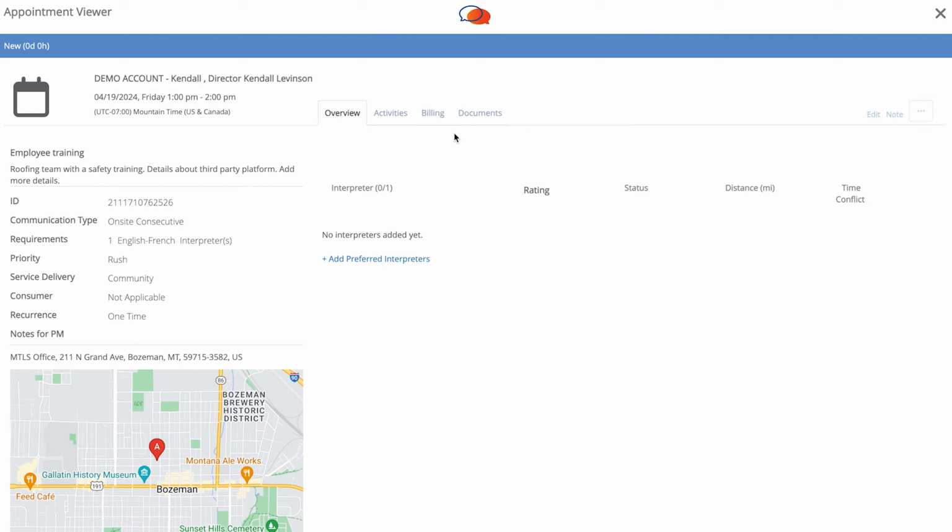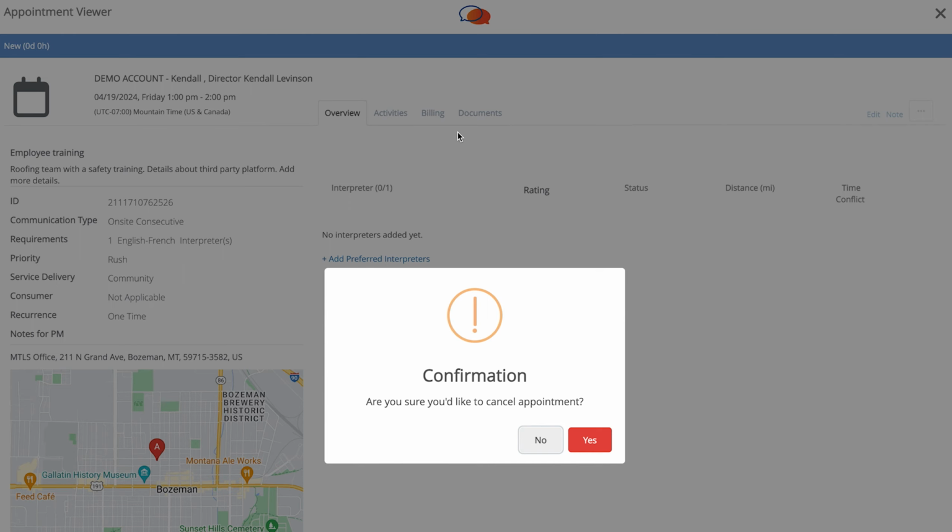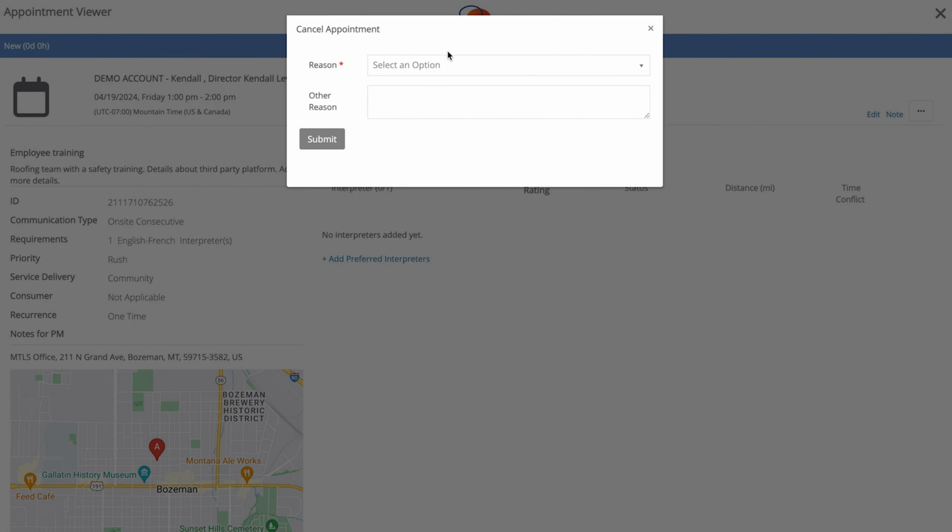Now, we have a cancellation policy available on our website, mtlanguageservices.com/terms and conditions, that you can view. For regular appointments, it's 48 hours. And so within 48 hours, this cancellation confirmation will not be available to you. But before 48 hours is up, you'll be able to cancel your appointment by just clicking yes and selecting a